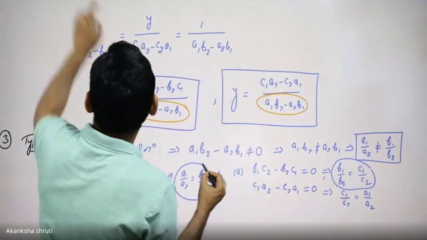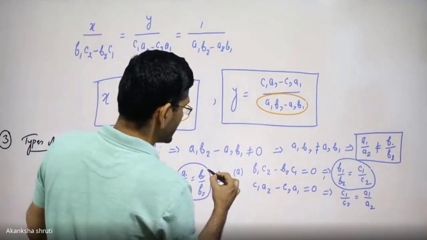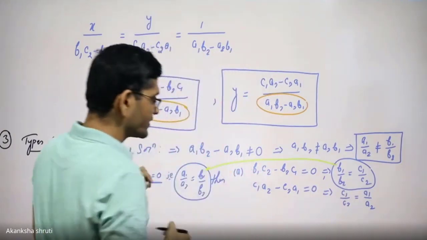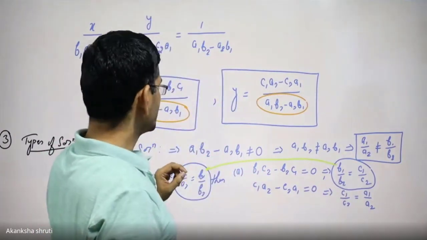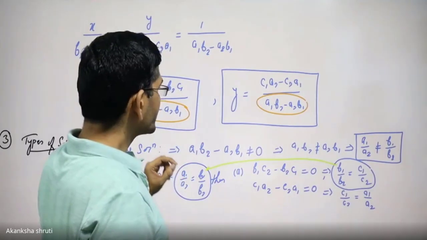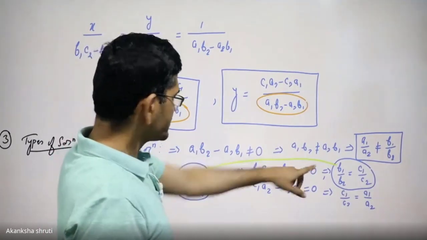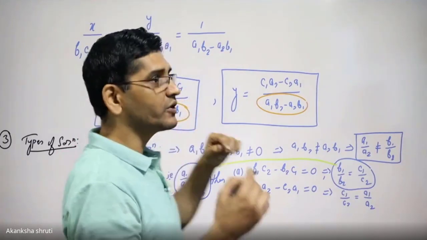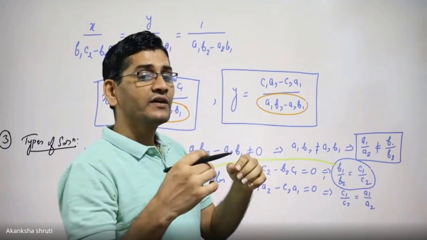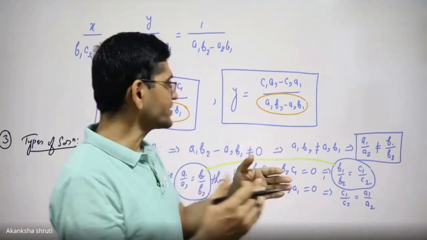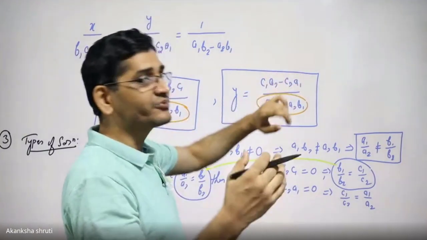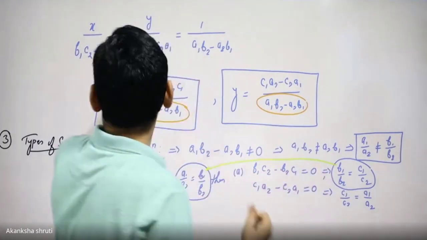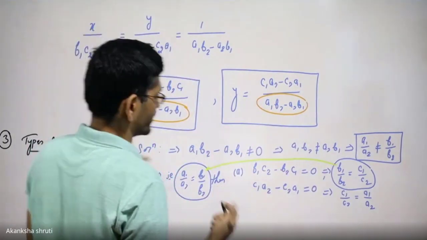But these two B are the same, student. This ratio and this ratio is the same. In this case, students, when these two ratios where the denominator is 0 and the numerator is 0, it appears like it has the condition of infinitely many values. So this is the condition for infinite many solutions.